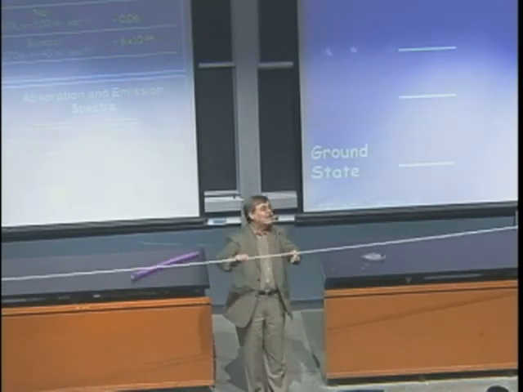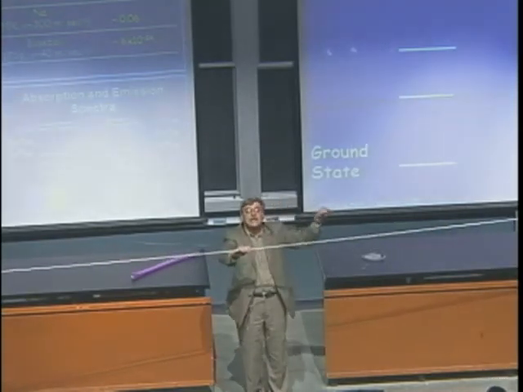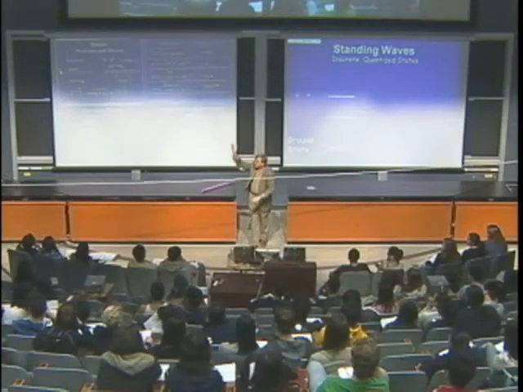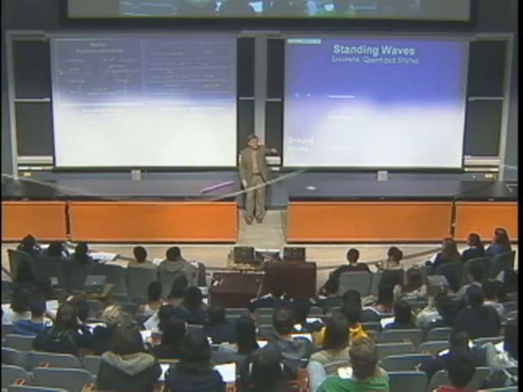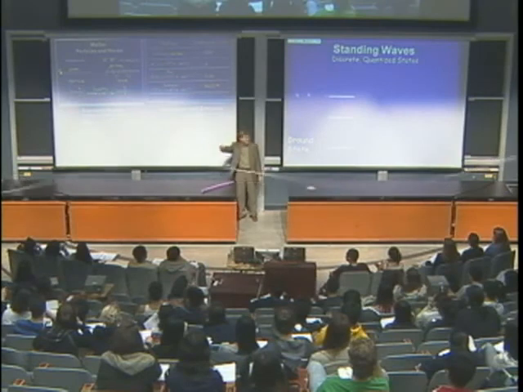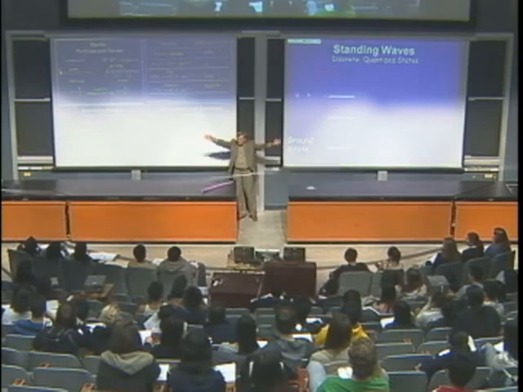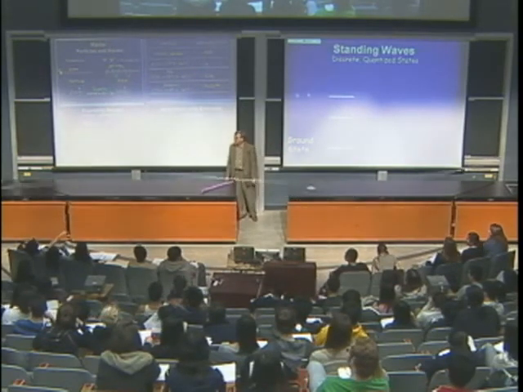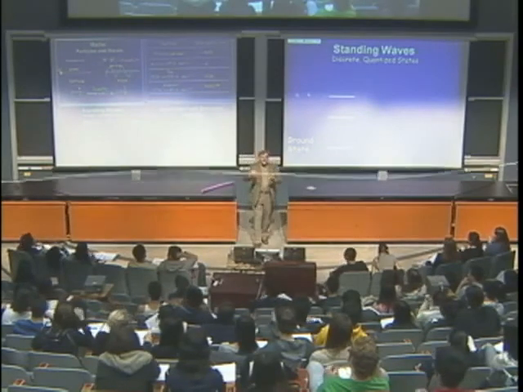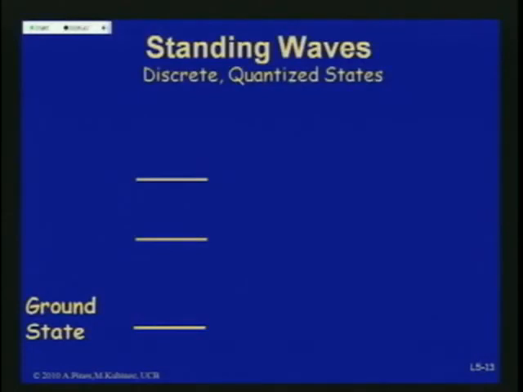Now let's see how many Karen can do. I can see it so well. Let me know how many lobes you see, and how many nodes, all right? Let's go for it, Karen. 1, 2, 3, 4. So this is 2 full wavelengths. 4 nodes, and that means 4 lobes. Excellent, thank you. Did you see how much energy she had to put in there? So this is definitely a higher energy state, because we need a lot more energy to do that.